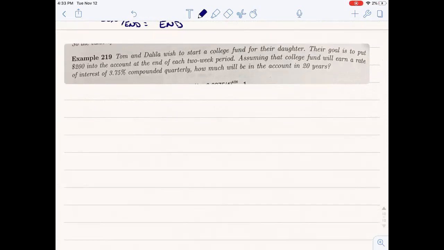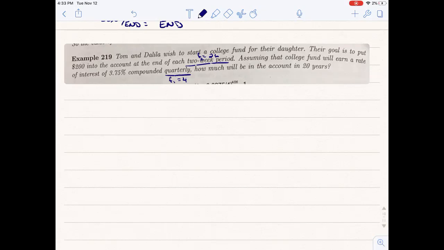Tom and Delilah wish to start a college fund for their daughter. Their goal is to put $200 into the account at the end of each 2-week period. So that's bi-weekly, right? And so here our F is 26. Assuming the college fund will earn a rate of interest of 3.75% compounded quarterly. So now the compounding frequency is F1, which is 4,